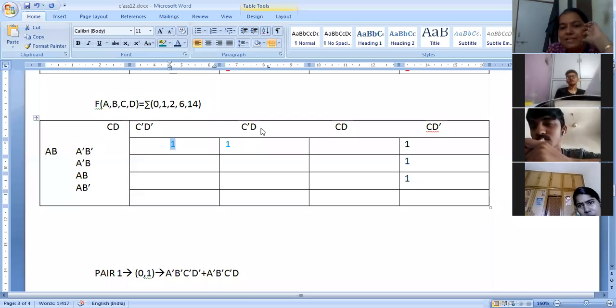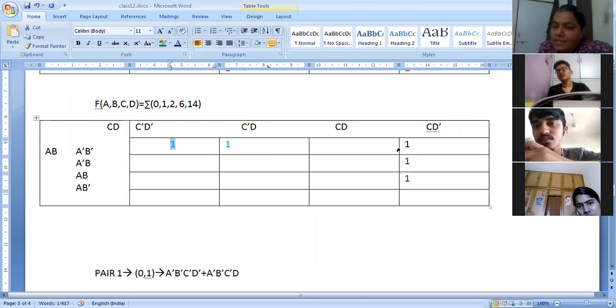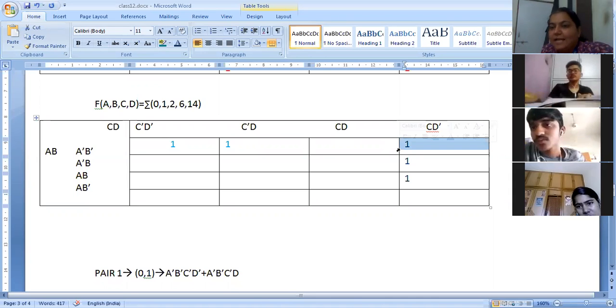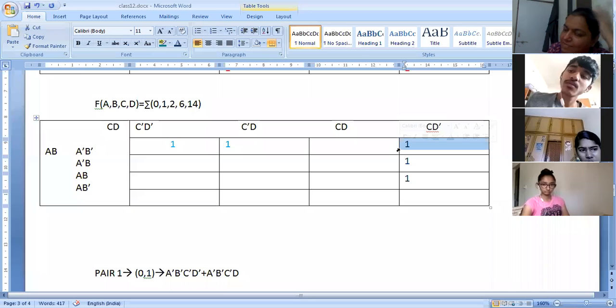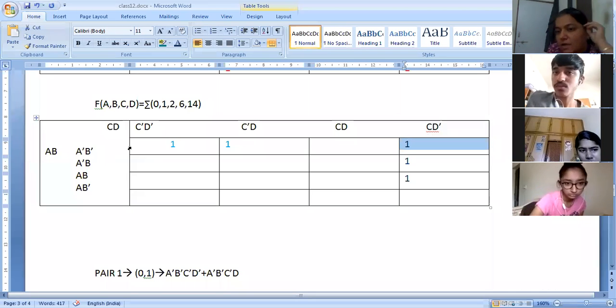pair. Now you might be thinking that, madam, this is repetition. This is a repetition for a purpose. What is the purpose? The purpose is that this one should not be alone. Alone will not work, because then you will not get a proper simple form. That is why this one has to be paired with some other one to make it a pair.